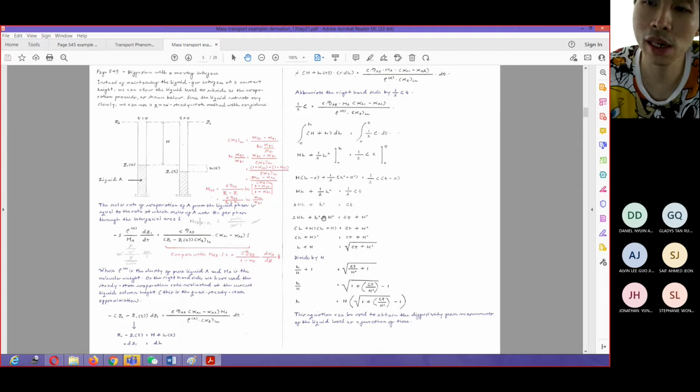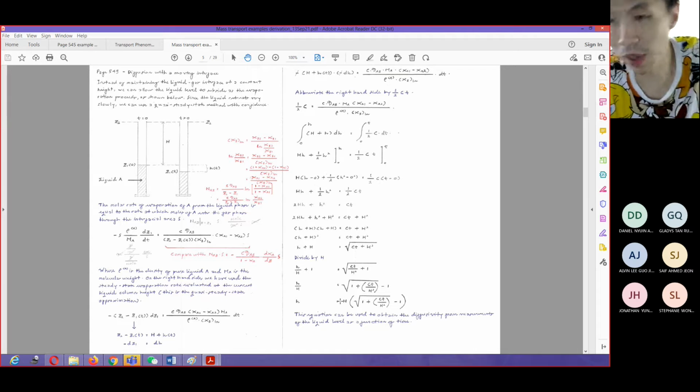That's why we add an additional term of the h squared on the left hand side, in order for it to make it into this particular term. Okay, and if we do these things correctly, we will be able to recover a final expression where we have the h in terms of the h and then the t. So the variables that will be probed in our experiments will be the h and also the time, because this h we can figure out from the experimental setup.